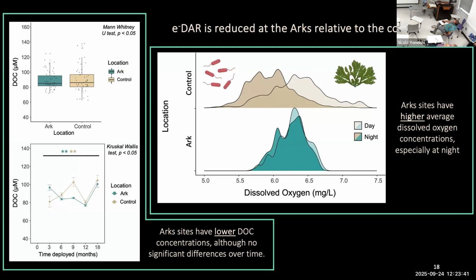And this makes sense. We see this all the time on degraded reefs, where you have higher microbial biomass, which draws down oxygen at night because of increased respiratory demand. And you have higher daytime oxygen, which is because of all this algae photosynthesis. We did not see it verging into hypoxia here, but it does very frequently get to hypoxic conditions on degraded reefs, which can really challenge a lot of different macroorganisms.